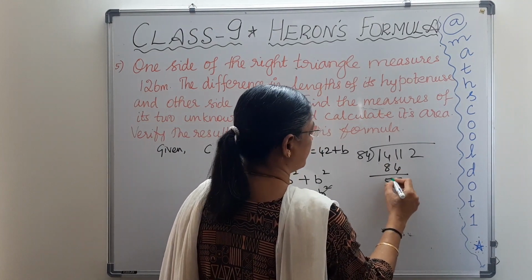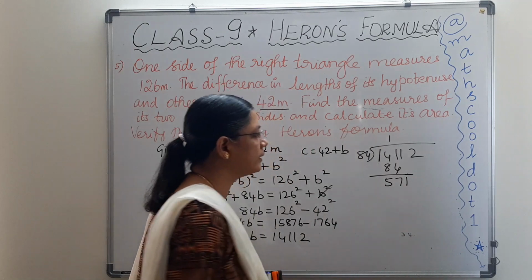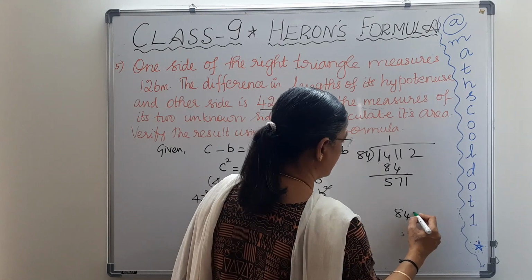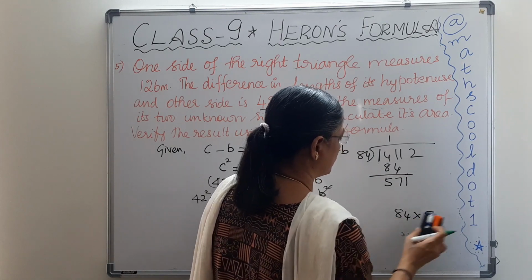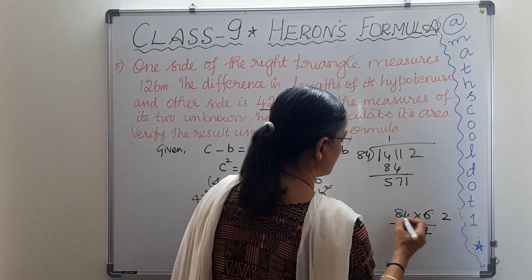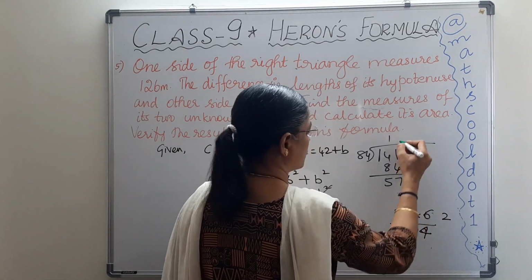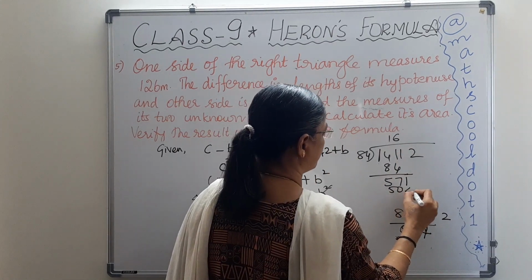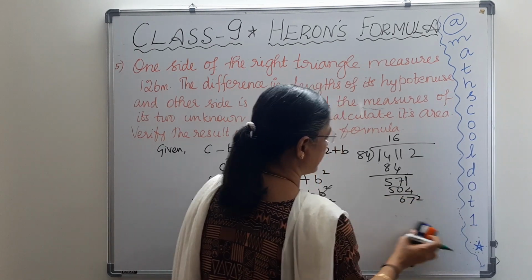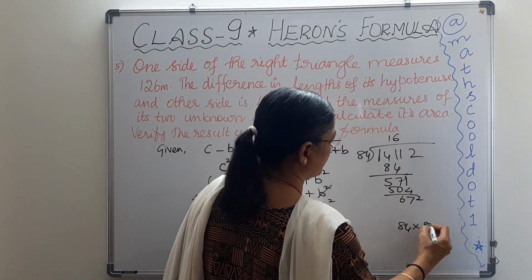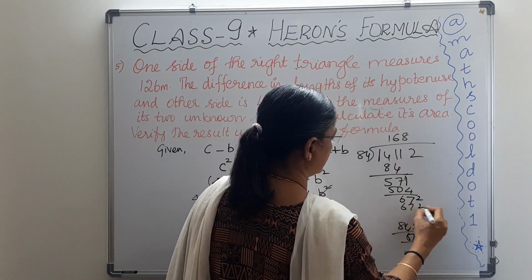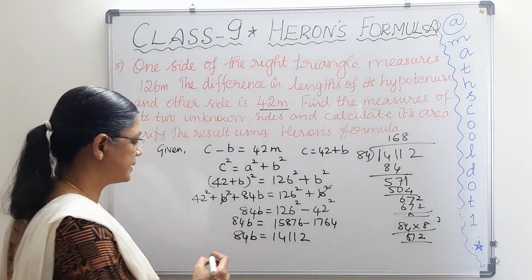And this is 7, 57, and having 571 here. So 571 in the case, this is 84 into 5, no, not 5. I can multiply this with 6. 6 4s are 24, carry 2, 8 is 48, 504. So 6 are 504. So this is 7, 672. Okay, it's 672. So let me try this with 84 into 8. I get, okay, right. So exactly I have 672. So the answer is 168.